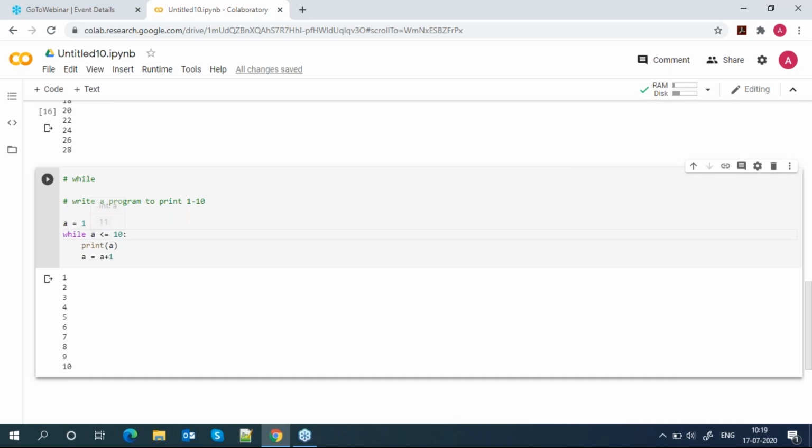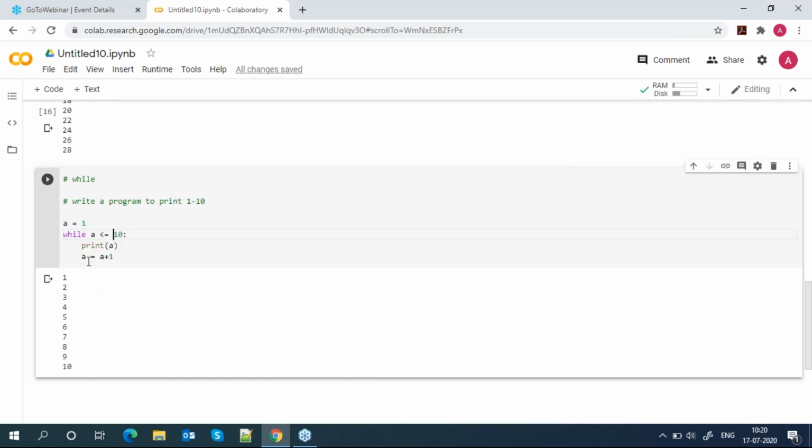The condition is: while a is less than or equal to 10, print a, then increase the value of a inside the loop. First it will check the condition: 1 is less than or equal to 10. Yes, this condition is true. Then print a, 1. Then it comes to this expression. What is the value of a? 1. So 1 plus 1 is 2.